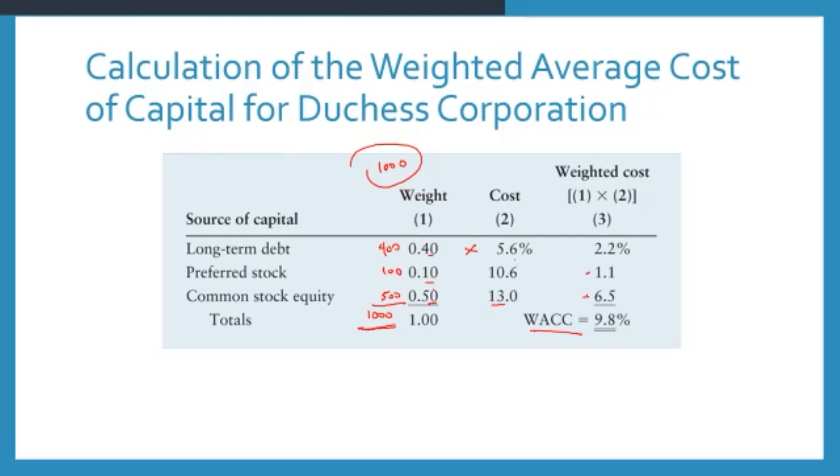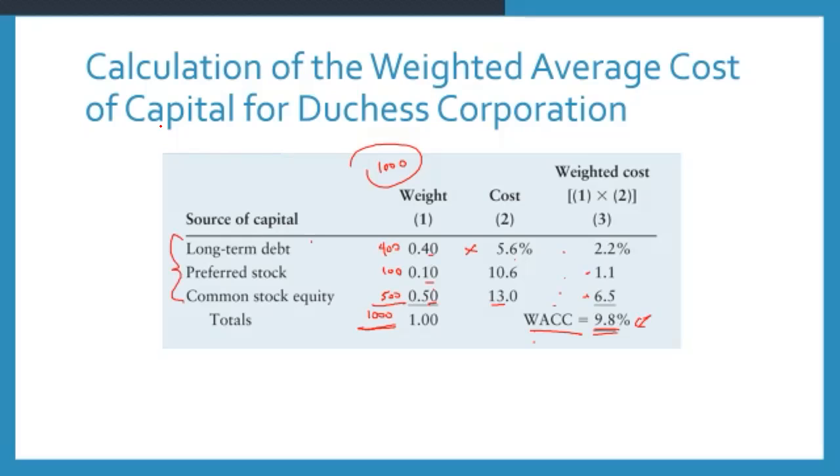To find the weighted average cost, we total it. No, we don't divide by 3, sorry, we just find the sum. Because we already found the weighted cost for each one, right? So we just find the sum. 2.2, 1.1, 6.5, that's 9.8. So the weighted cost of capital,